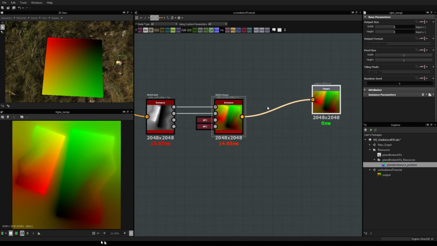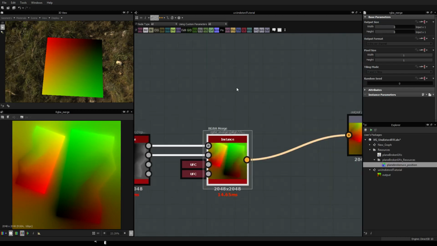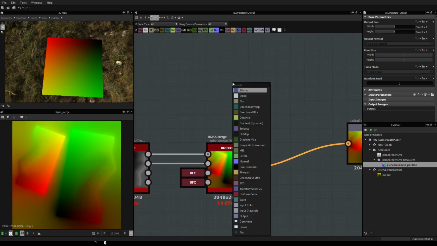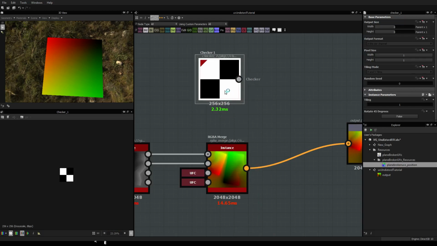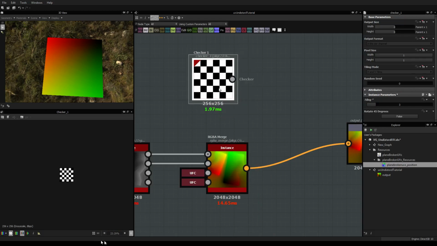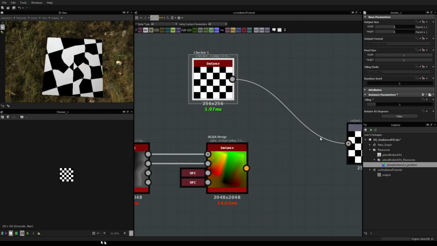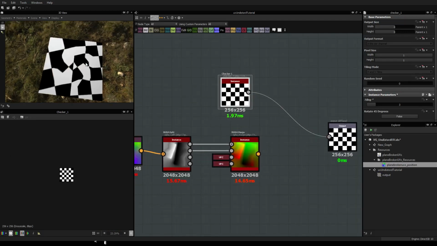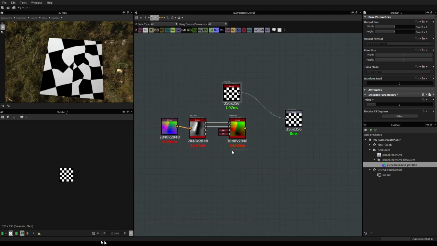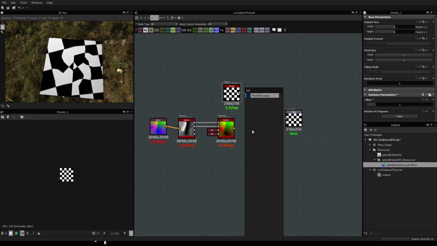So right now what we want to do is to use this map to get these coordinates and to reproject correctly whatever map you need. So in our case we're going to use a checker because it allows us to see really fast what we want to do. I'm going to put a value of 3 for example, and as I told you, by default it doesn't work. It's broken. So that's where we are going to use the pixel processor. As I say, use it this way.